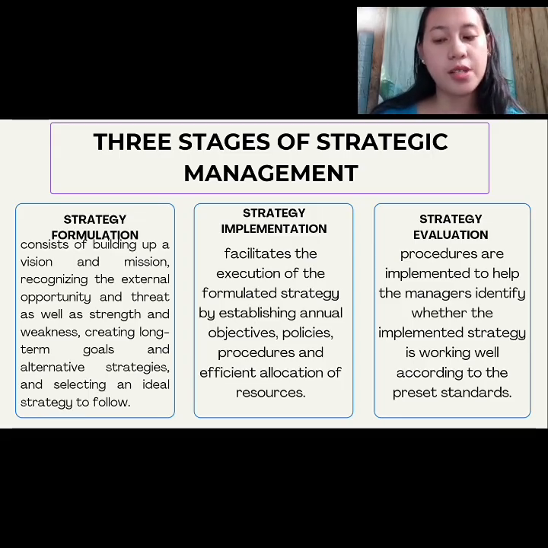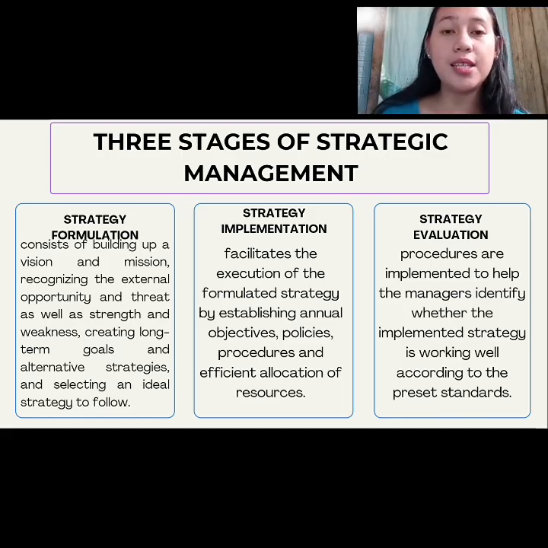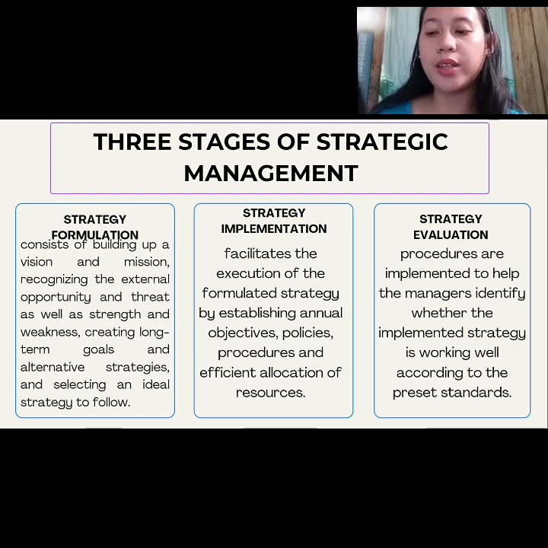So this process translates the formulated strategy into action, ensuring effective execution and progress toward goals. It requires strong leadership, communication, and monitoring to achieve success. And then the last is strategy evaluation. Strategy evaluation procedures are implemented to help the manager identify whether the implemented strategy is working well according to the preset standards. So, strategy evaluation involves monitoring and assessing the effectiveness of the implemented strategy,